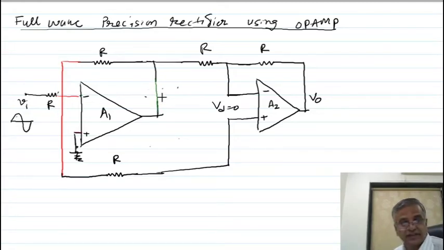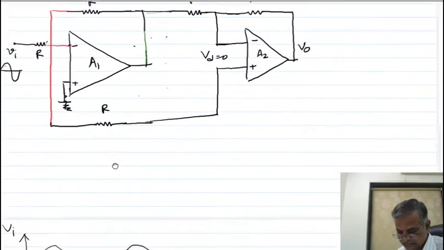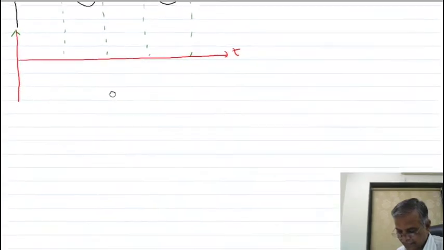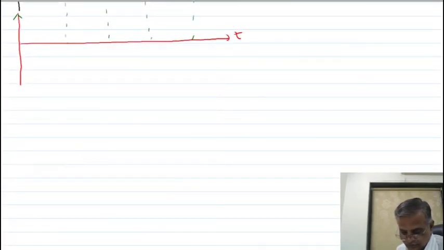So the same circuit I can show in another way also. Same circuit. Look carefully. Here it is not possible to draw. I will make a modification here. This is nothing but I can connect here. Or let me show it on another page. The same circuit I can show like this.